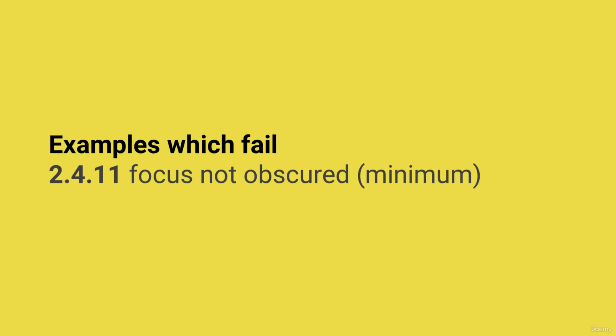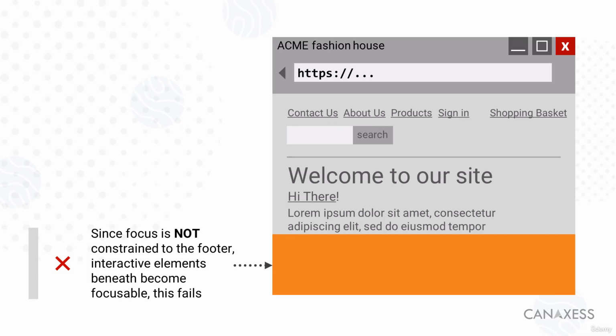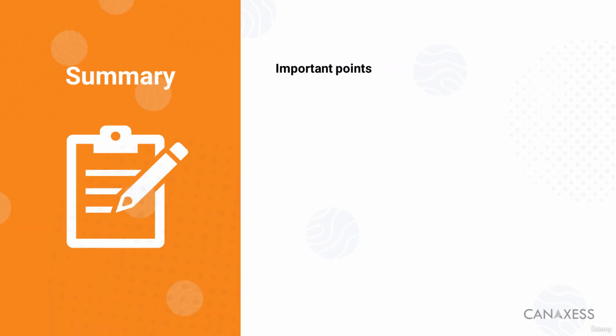What does failing this success criterion look like? Since focus is not constrained to content within the footer, interactive elements beneath become focusable yet remain hidden. This fails. Sticky headers, footers, overlays, in fact anything that completely obscures interactive focusable elements which isn't dismissible is a problem for users. Always ensure content appearing above focusable elements is dismissible and constrains the keyboard focus, and consider introducing a design which relies less on